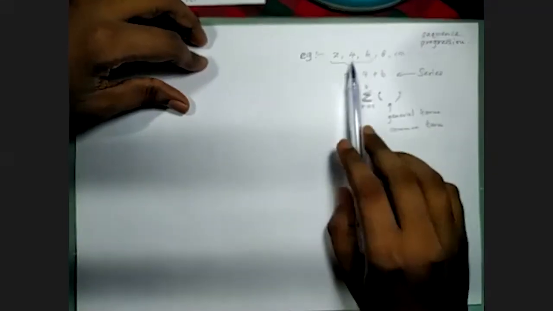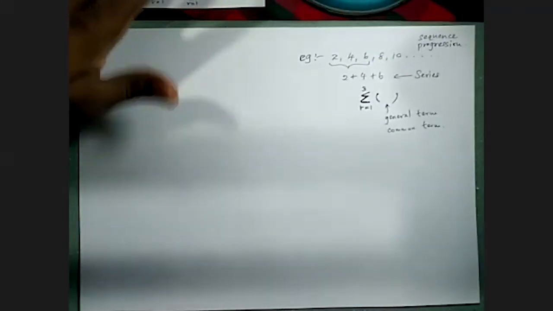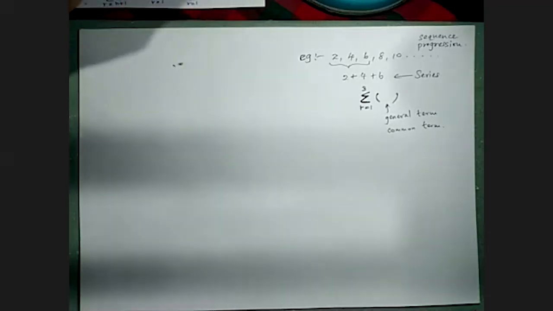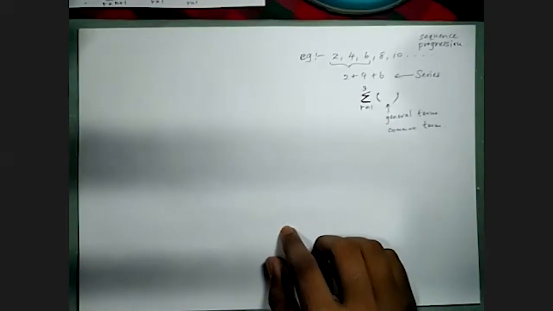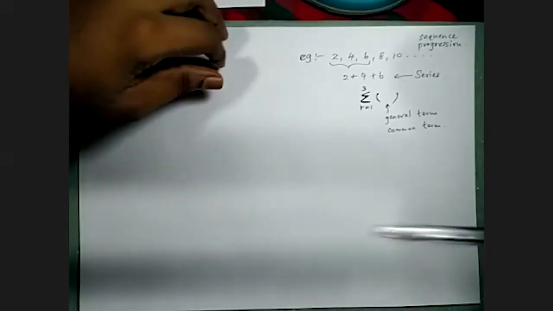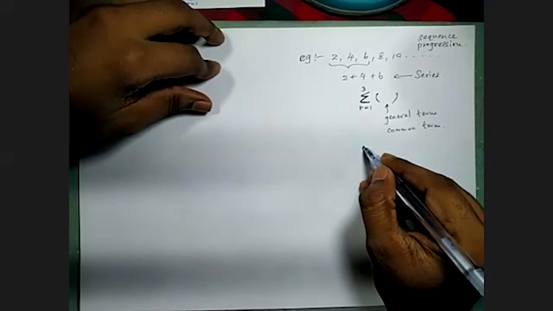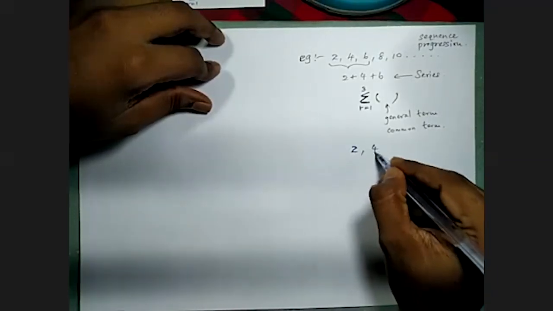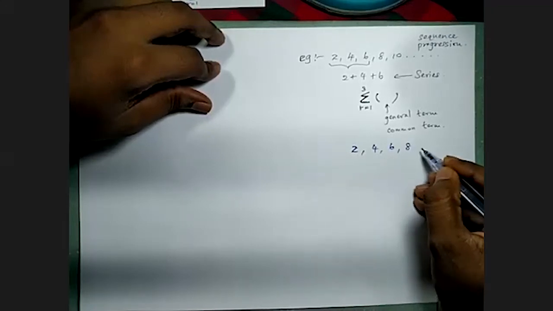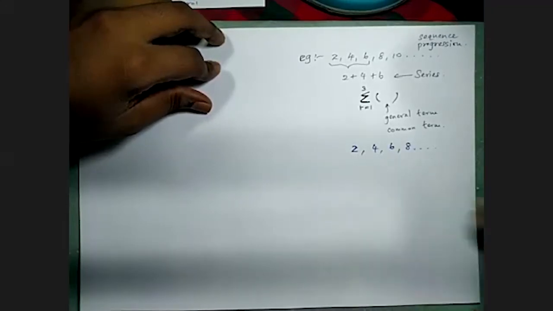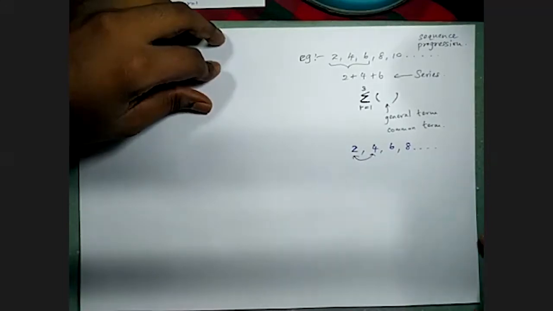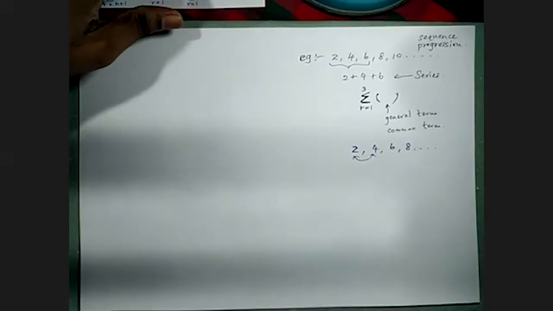Then how to find the general term of these kinds of progression? I think you may have that part in O levels, maybe in small grades. In the local syllabus, we have that in grade 7, 8, so it is very easy to obtain. Let's consider the same progression 2, 4, 6, 8. How to find the general term? First, we have to consider the difference between 2 consecutive terms.